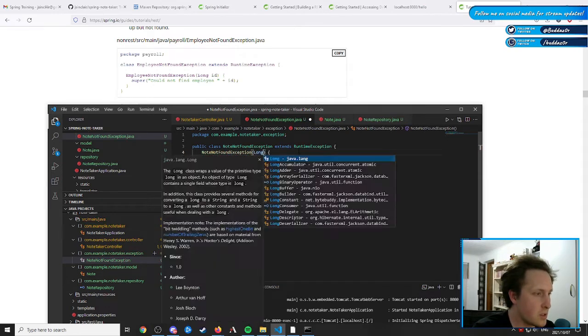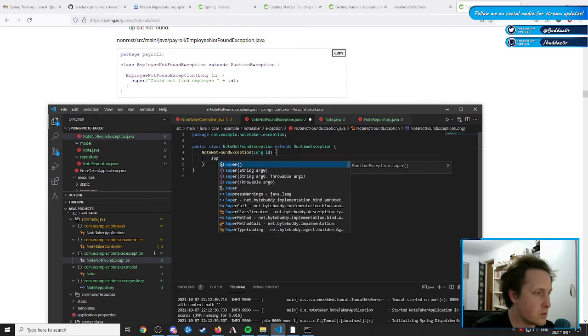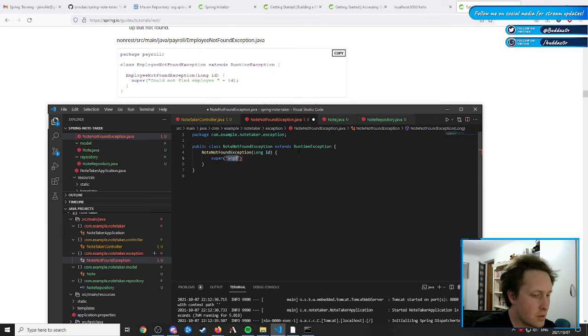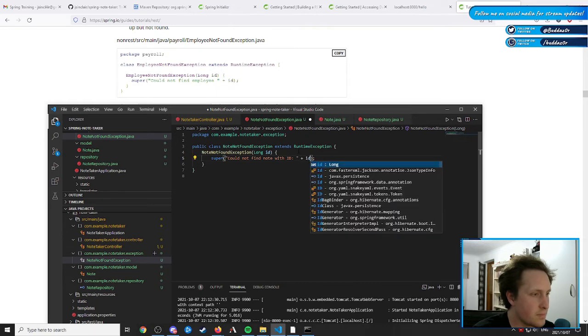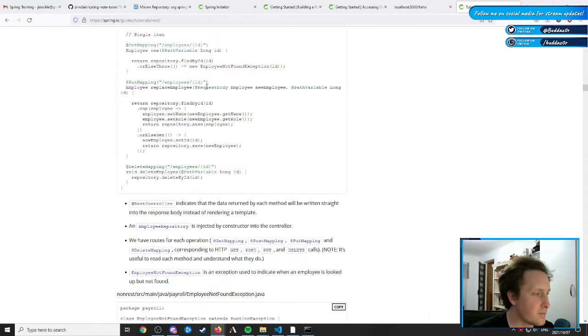ID, yeah, that makes sense. ID, text string. At least we have this now for one day. Do not find notes with ID. Okay, cool. I don't know if we'll need that or not, but